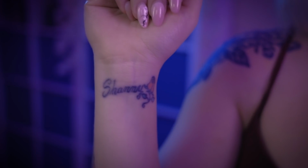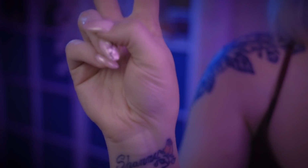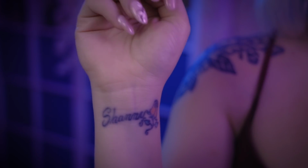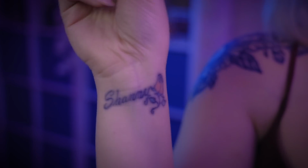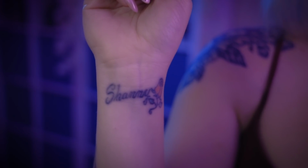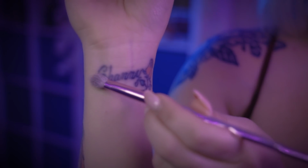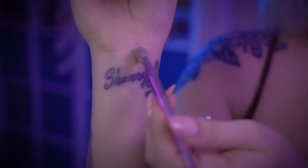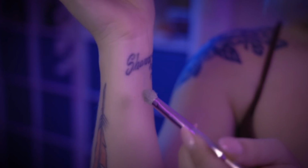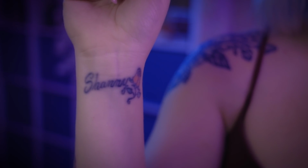I was 18 when I got it, because I thought it was fun to be like, peace sign, Shanny in photos. So when people would take a picture of me, I'd be like that, and my name was on my wrist. How more vain could I have been back then? But it says Shanny in a really pretty font, but the artist probably didn't care too much,